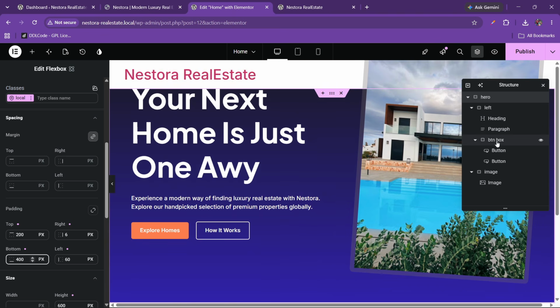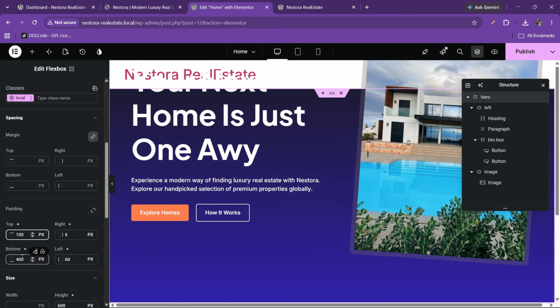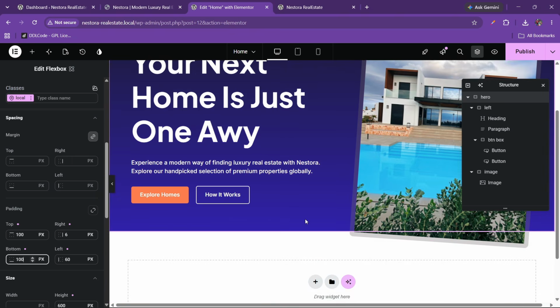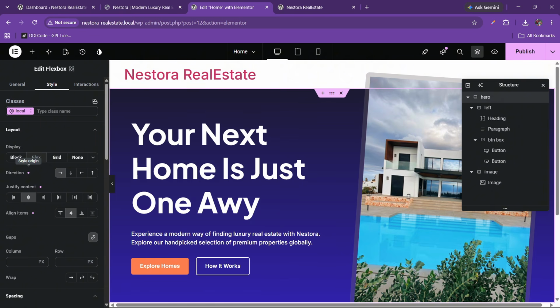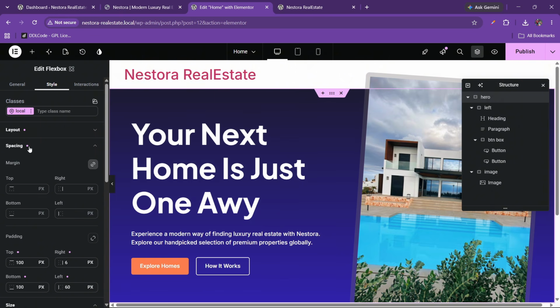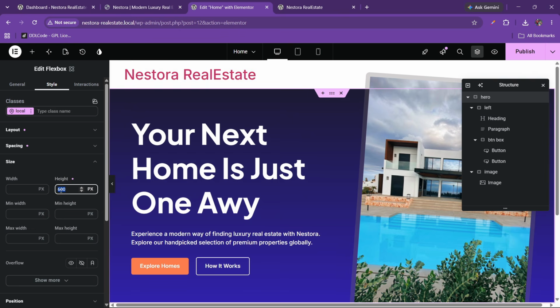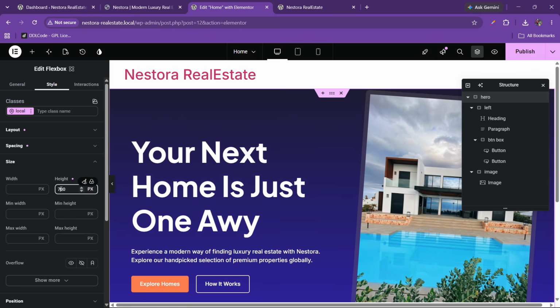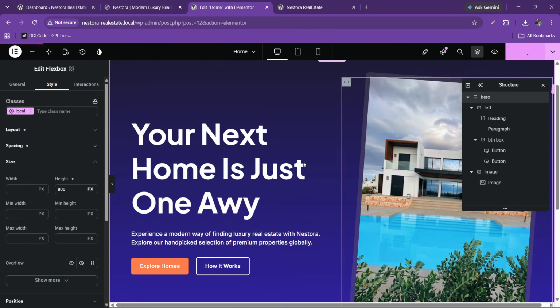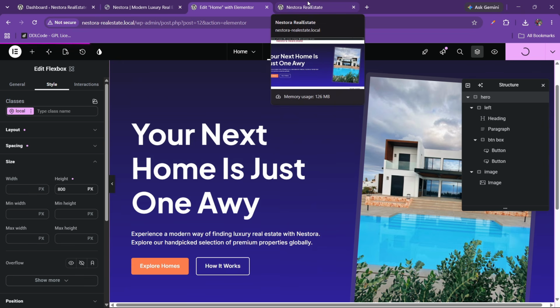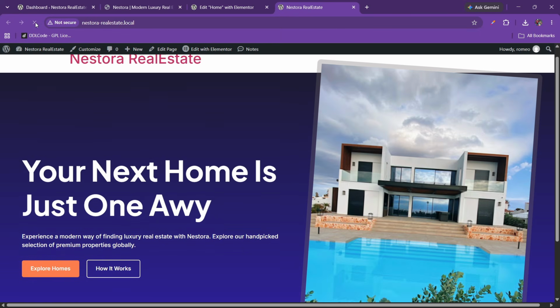Okay, so we have one more issue that, let me do like 100, and this would be also 100. Okay, and we can just increase the size like spacing. Here we have the size, and this would be like 700. Okay, 800. Okay, so this is looking great, and you can just increase and decrease this layout. So let's save this, and we're gonna preview this here. So after saving,